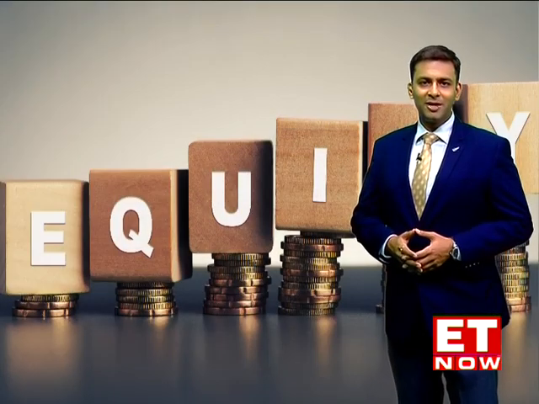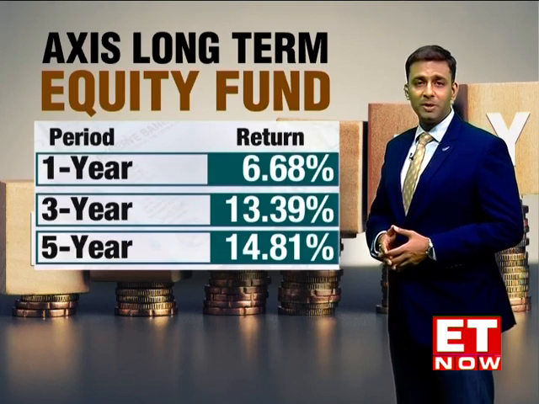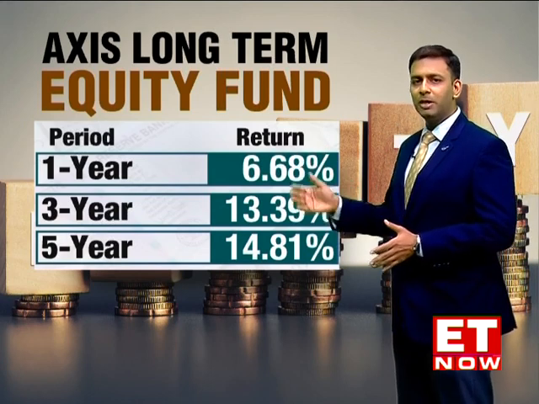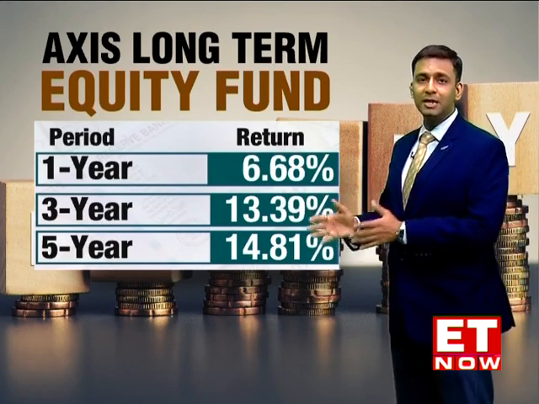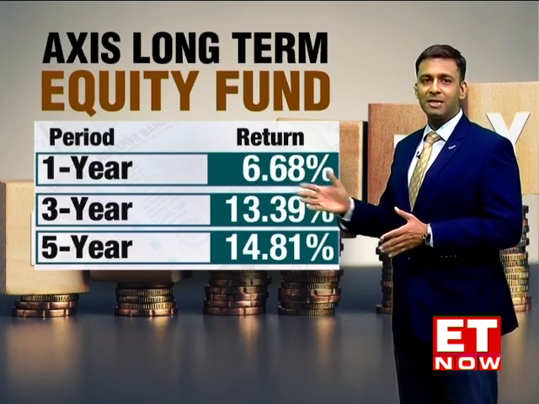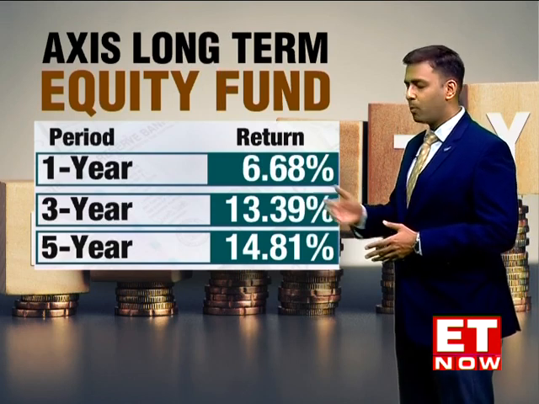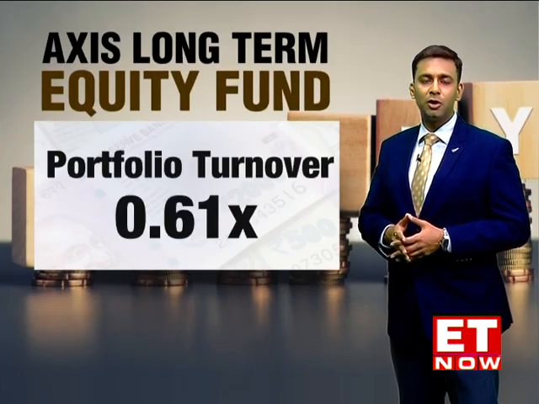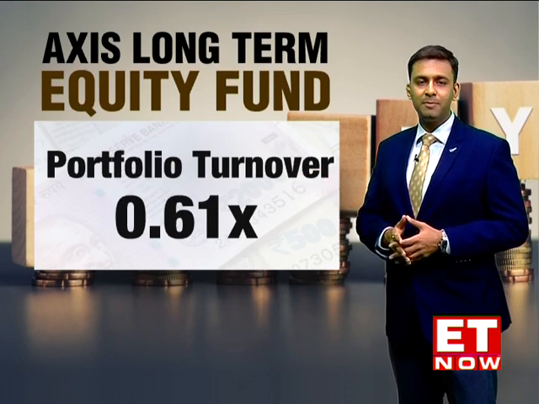Well, the fund on radar today is the Axis Long-Term Equity Fund. Let's start off firstly with the performance that this fund has delivered over the last 1, 3 and 5 years. In the 1 year, you can see that it has delivered as much as 7%, and it is the long-term return, the 3 and the 5 year return, that the fund has given you about 13 to 15% each. As far as the portfolio turnover, also popularly called the churn of the portfolio, is concerned, that stands a little higher at about 60% odd.